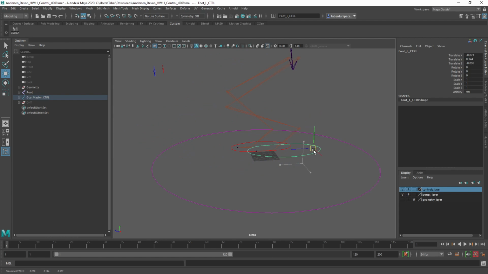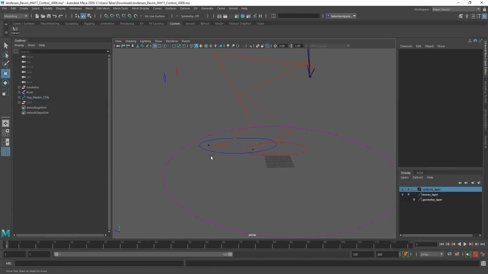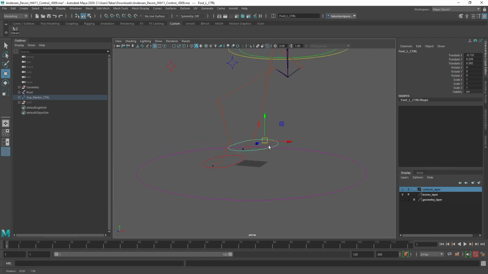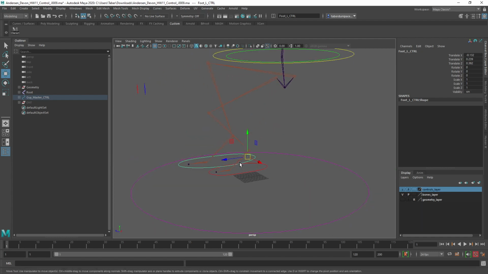Yep, the foot is holding its position as I move this around. And then I don't see any set-driven keys for bending ball or toe yet, so you do need that as well. If you don't have those, then you won't be able to do proper walking or running cycles. Okay, so a couple of things that you've got to include: putting those set-driven keys in here to bend the foot and the toe, and then also fixing the fingers and